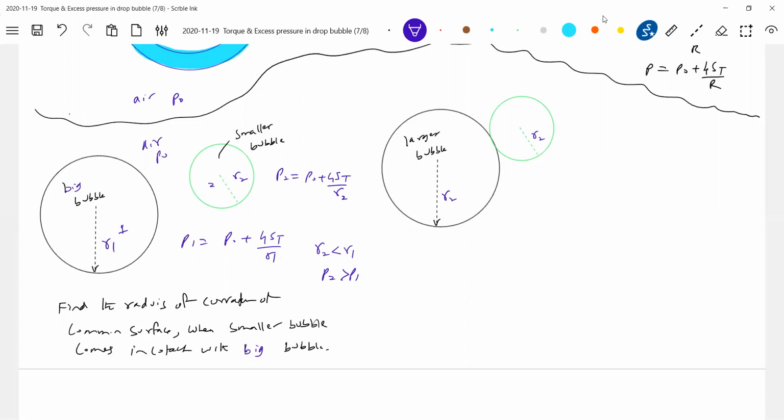So when the smaller bubble comes in contact, as the pressure here is more than this one, definitely what happens is the surface will be pressed more into the larger bubble than the bigger bubble. So therefore, how do we have to show the free surface now? So here it will be